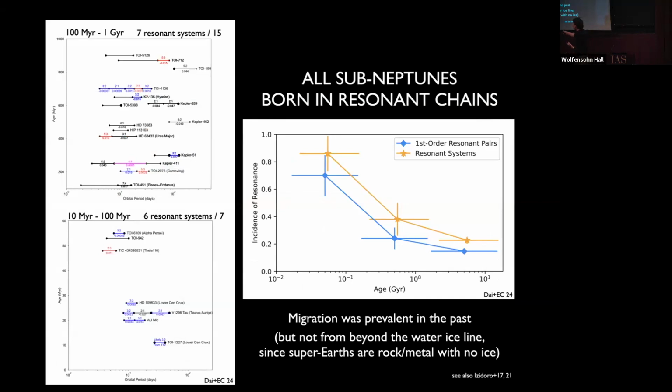And you can find that 6 out of 7 of them, he colors the ones that are in resonance, that exhibit resonance, lie within 1% of perfect period ratio commensurability. Okay? So you can make a plot that looks like this: the fraction of pairs that are in mean motion resonance versus time. And if you go back early enough, you find that they're all in resonance at the beginning. So they all migrated to some extent.